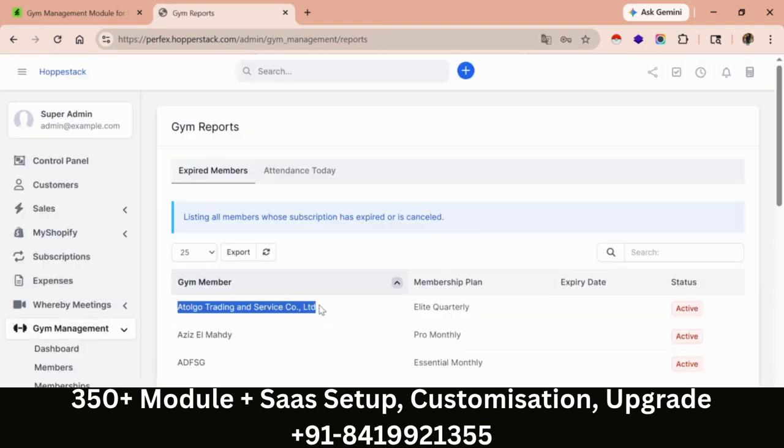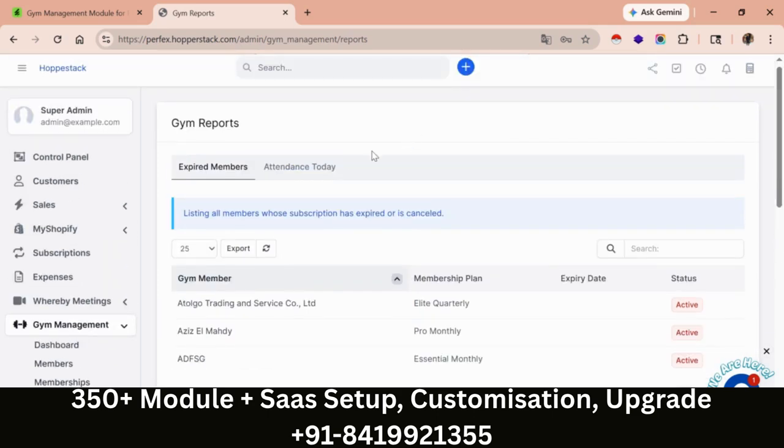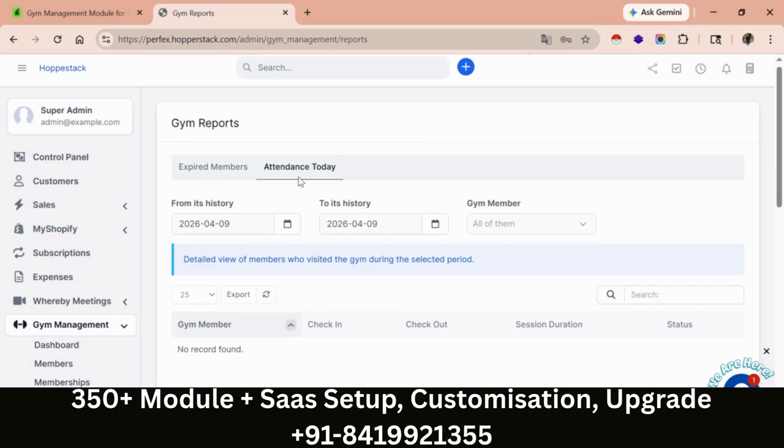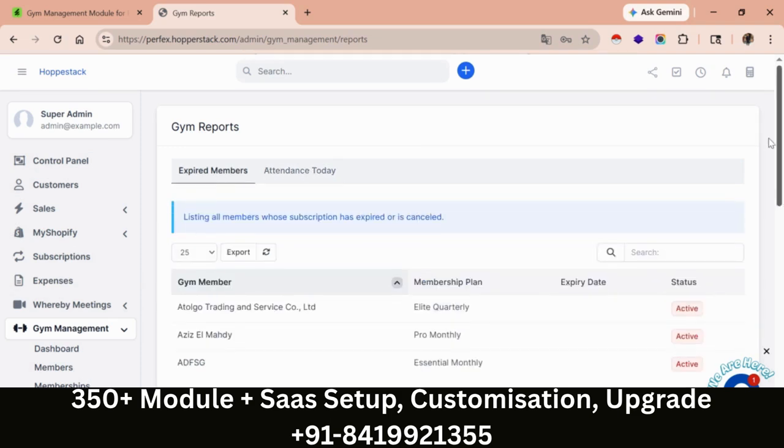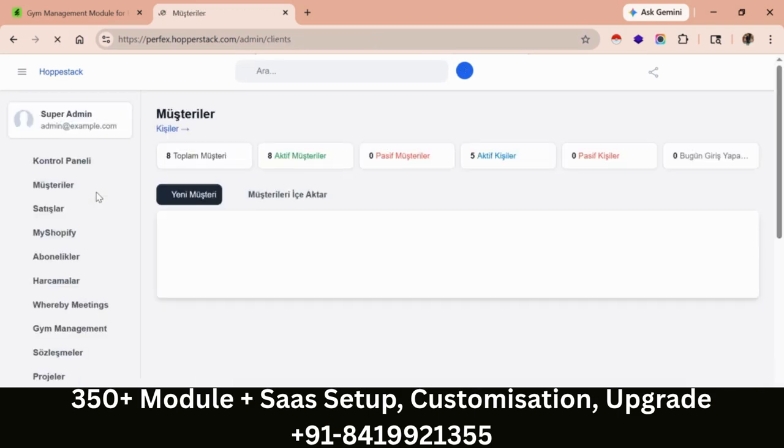And last thing, we can see the reports. So we have a lot of reports, like when the membership plan is going to expire, and today's attendance of your members. All things in a very cool way. You can manage your gym